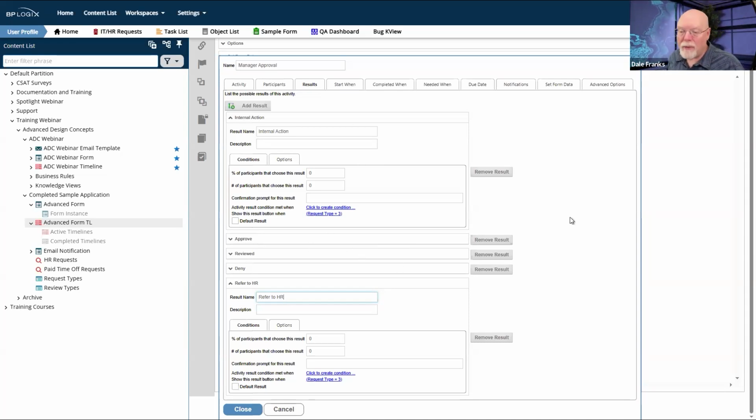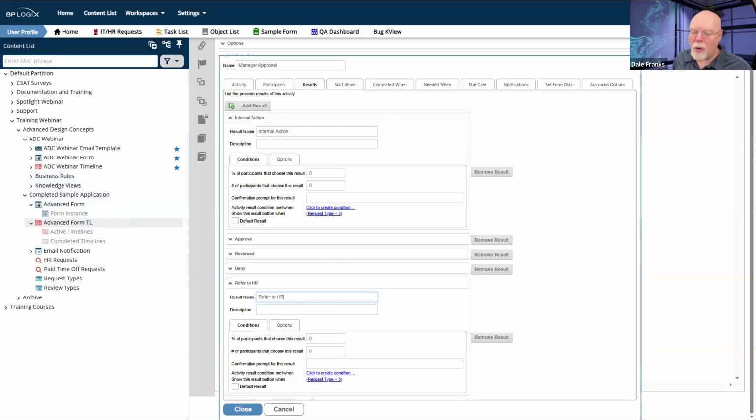So you can have multiple buttons and determine whether or not you want those buttons to display based on where we are in the process, the type of process it is, or any evaluable condition. So you can actually make process timelines very flexible in determining how you want to handle it. We often think of the process timeline as just having the default approve and deny results, but you can actually get way deep down into the weeds, with four different request types having four different types of responses that get displayed to the end user.